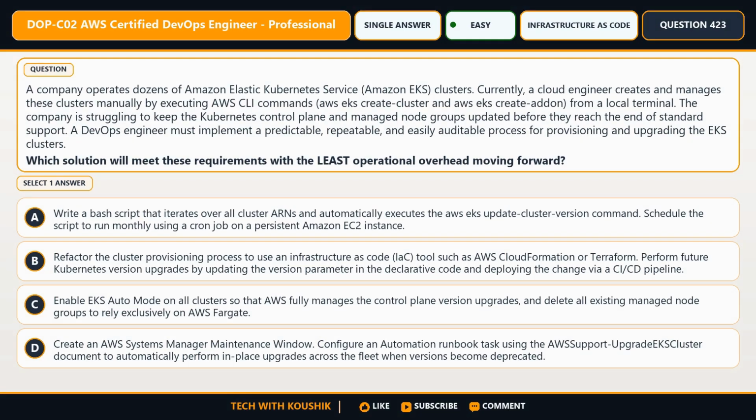Next, question number 423. Scenario. A company operates dozens of Amazon Elastic Kubernetes Service, Amazon EKS, clusters. Currently, a cloud engineer creates and manages these clusters manually by executing AWS CLI commands, aws eks create-cluster and aws eks create-addon, from a local terminal. The company is struggling to keep the Kubernetes control plane and managed node groups updated before they reach the end of standard support. A DevOps engineer must implement a predictable, repeatable, and easily auditable process for provisioning and upgrading the